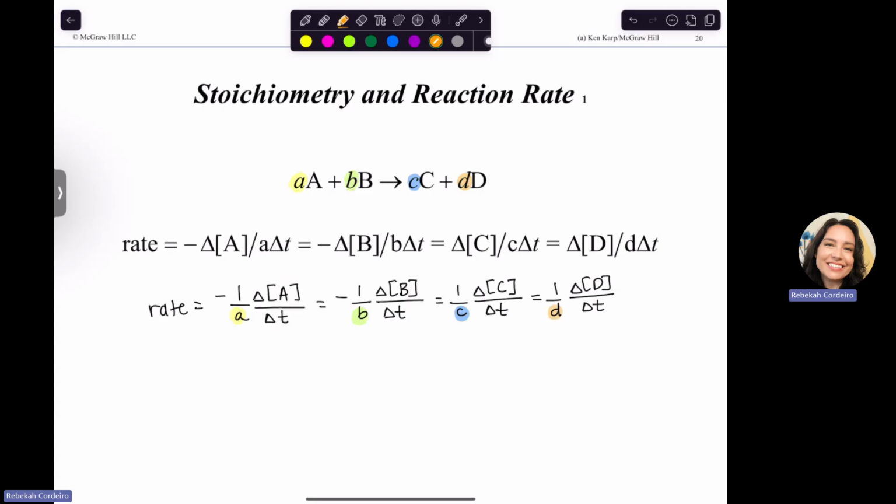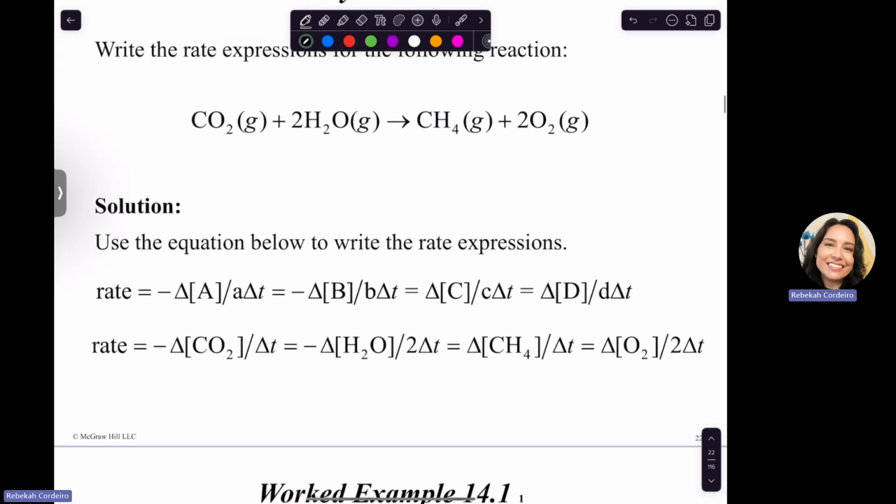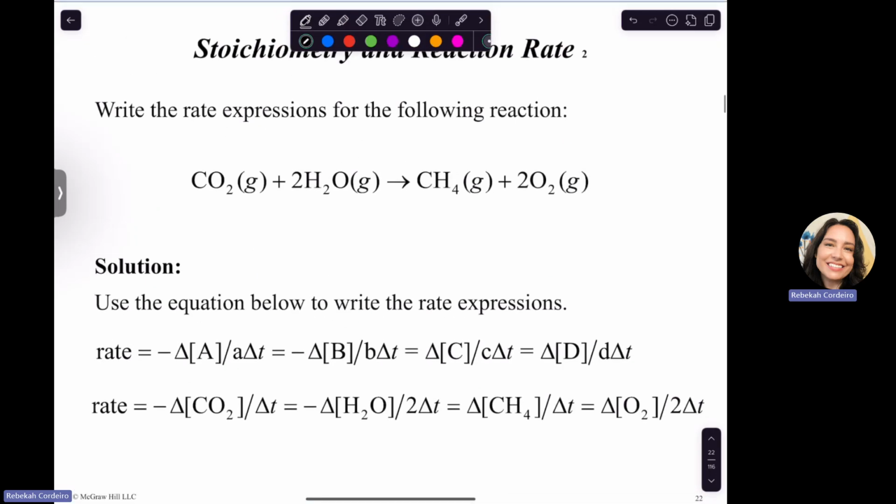So if the coefficient is 2, that means it's happening twice as fast as something that has a coefficient of 1. And so we put that coefficient on the time side, on the bottom, to counteract the fact that it is disappearing or appearing twice as fast, or 3 times as fast, or whatever the ratio is. So if I wanted to get the rate expression for this equation,